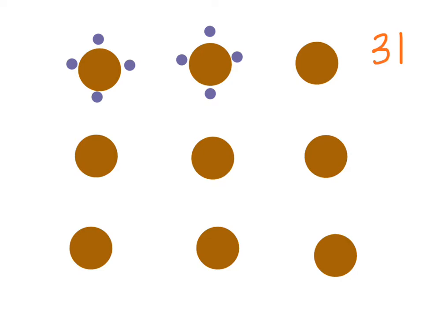Now, I don't need to draw 31 students because I can basically count by 4s, right? There's 4 here. This would be 8. And I'm going to keep going. 12, 16, 20, 24, 28. And this brings us to an interesting part because if we go here, it would be 32,